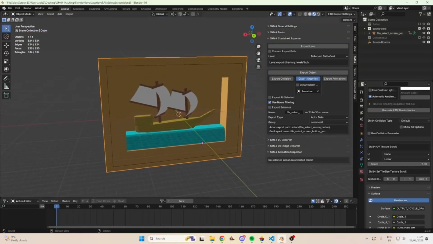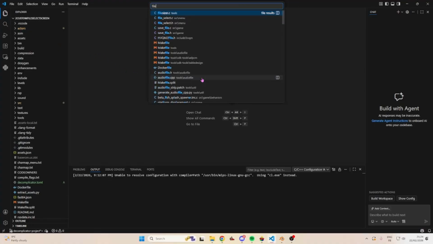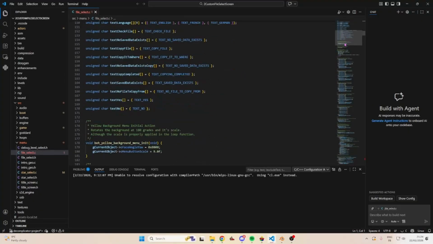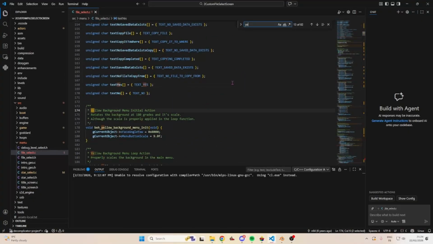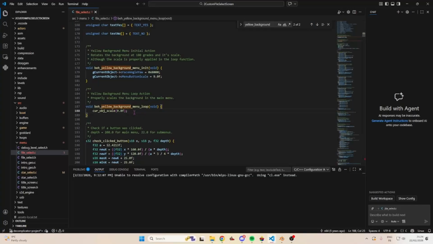All right, let's get to coding. So here is a fresh repo. I'm gonna go first of all to file select.c. I'm gonna look for the yellow background loop. Right here, this is extra. If you want to have your scrolling textures working, simply add